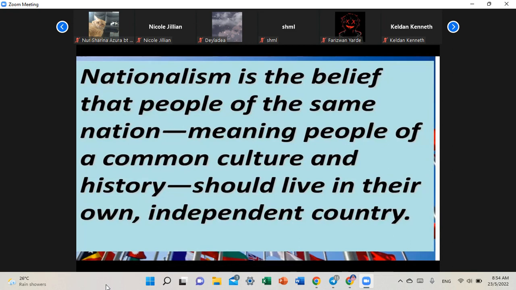Nationalism is the belief that people of the same nation, meaning people of a common culture and history, should live in their own independent country. So nationalism is exactly what drives separatist groups to pursue total independence, especially freedom fighters for a nation. They want to get independence because of the nationalism that they have. This explains the sudden surge of interest in our country, in Tanah Melayu at that time, to negotiate for independence